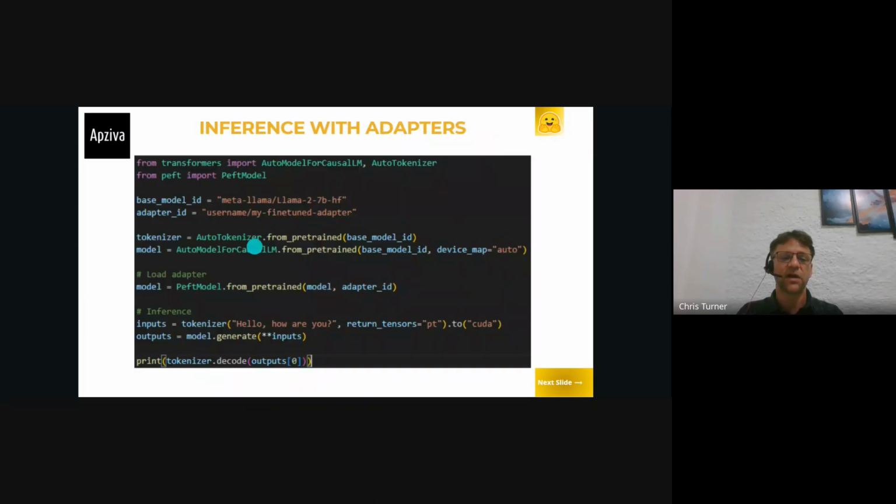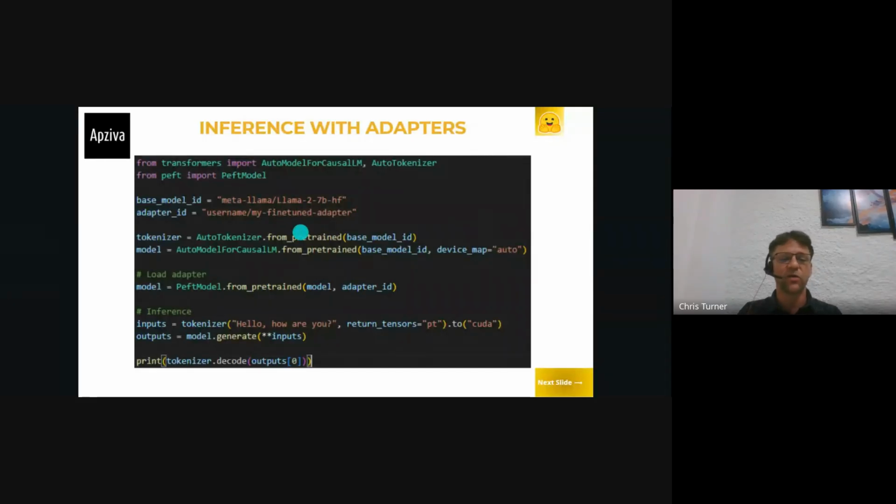And so in terms of using the LoRA adapters, there are 2 different ways that you can use them for inference on a model. The first way you can do it is back to one of those first slides that I showed you that had the base model with the LoRA adapter on top of it. And so here we're using the LoRA adapter and the base model together.